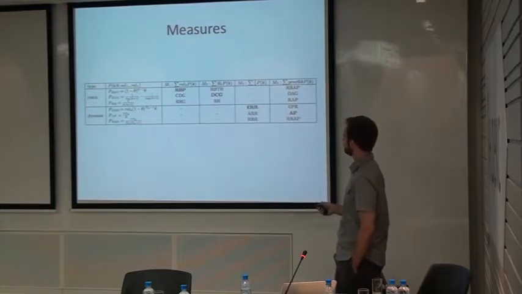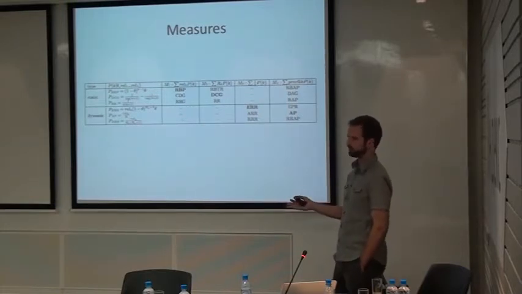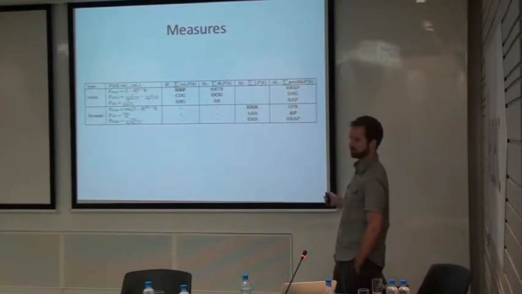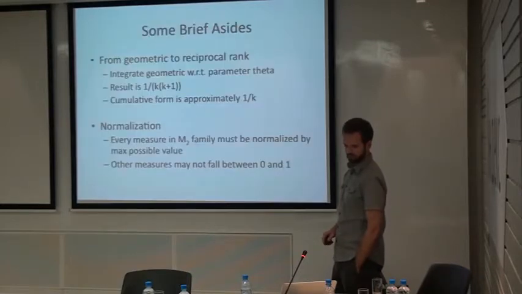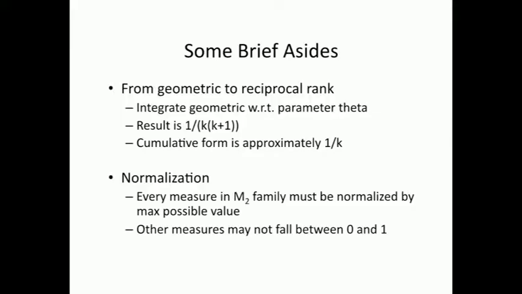And to these four, I'm going to add two more, which are interesting. One of them is what I'm going to call the reciprocal rank distribution, although it's actually a reciprocal quadratic rank. And this is 1 over k squared plus k. And then the other one is this reciprocal relevant rank distribution, which is going to be 1 over r sub k squared plus r sub k. I'm not going to talk too much about why these are interesting, but I'll discuss it briefly.